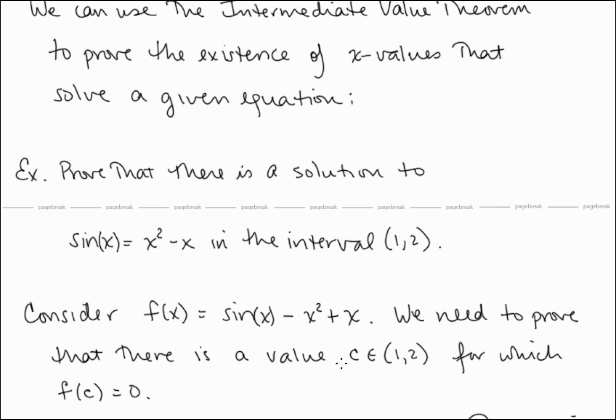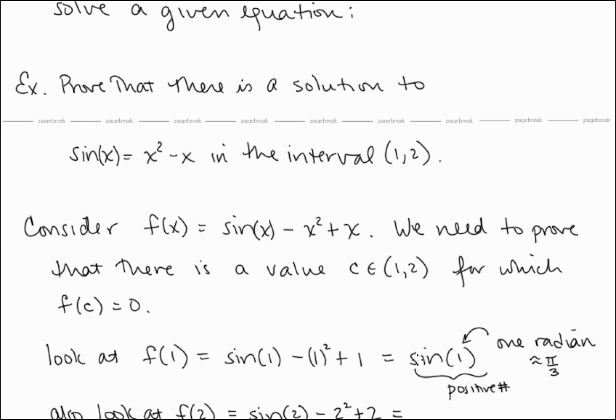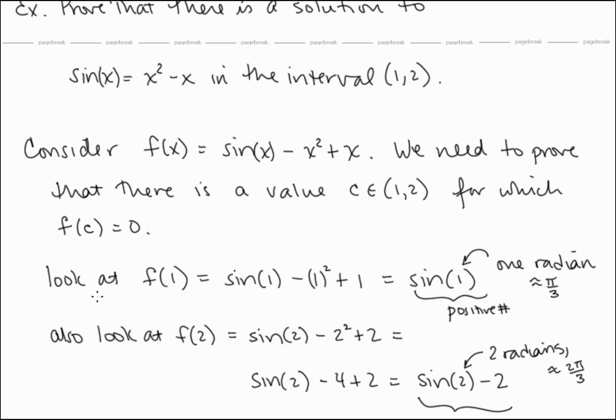So let's take a look at f(1) and f(2) and see what we can find out about them. If we look at f(1), that's going to be sine of 1 minus 1 squared plus 1. So this is equal to sine of 1, and remember that's 1 radian. So 1 radian is approximately pi over 3 radians, because we know pi is approximately 3.14 radians. And we know that sine of pi over 3 is definitely a positive number,